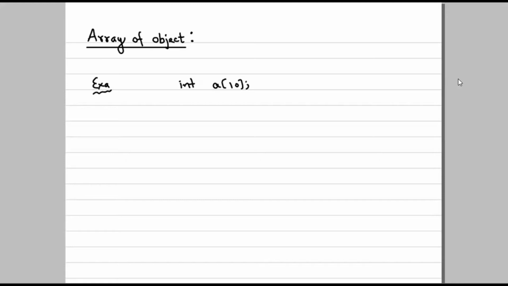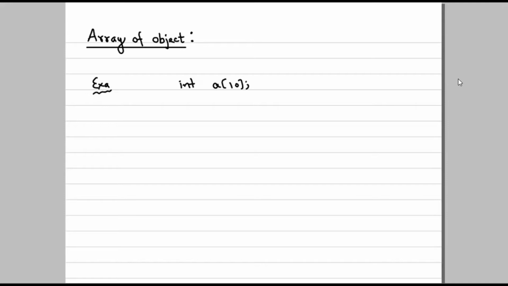This is not actually an array of objects. This is a simple array of a primary data type, integer, float or something like that. So this is not an array of objects, this is simply an integer array. What we are trying to understand is the structure of the array in memory as well as in the general terms we use, so that we can derive what the array of objects could eventually be.